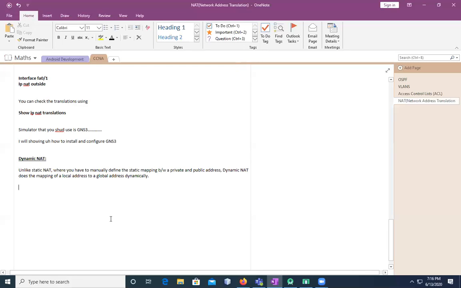What do you mean by it? This means that the router dynamically picks up an address from the global address pool